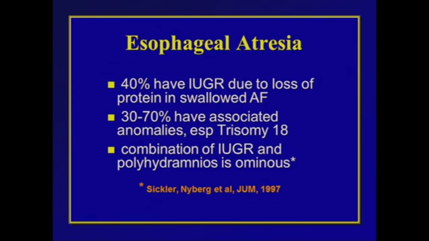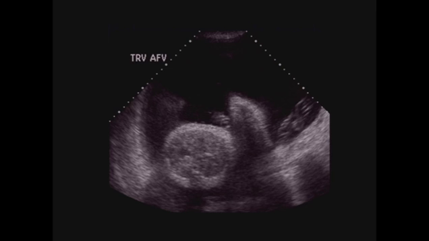And this is a good time to remind you that when we see intrauterine growth retardation and polyhydramnios, this is an ominous combination, and you do want to pay attention to this fetus. Here's an example of what I'm talking about. You can see the transverse view of the upper abdomen here. Here's the stomach bubble, so everything should be fine. We do note that we have severe